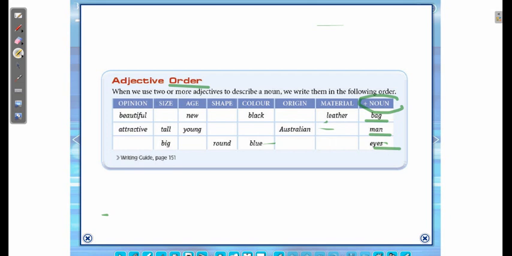So what's the order? First, we have opinion, then we have size, we have age, we have shape, we have color, we have origin, and we have material. But remember, you don't need to learn this by heart. You don't need to memorize this chart. The best thing for you to do is to remember a meaningful sentence where you use adjectives